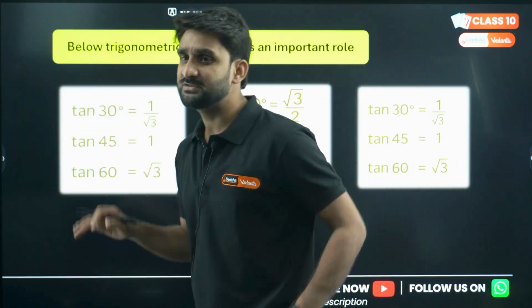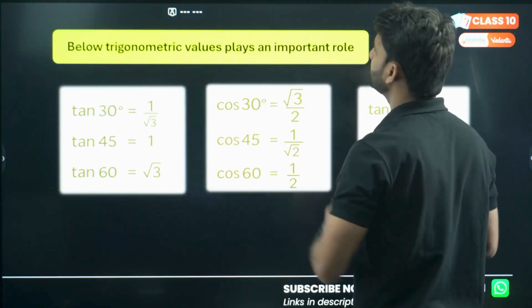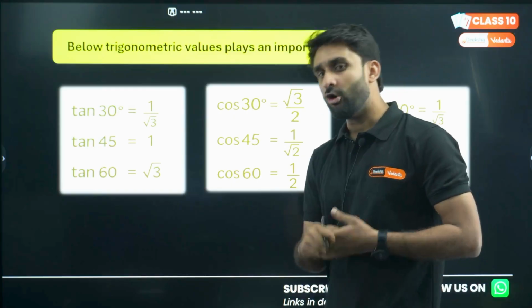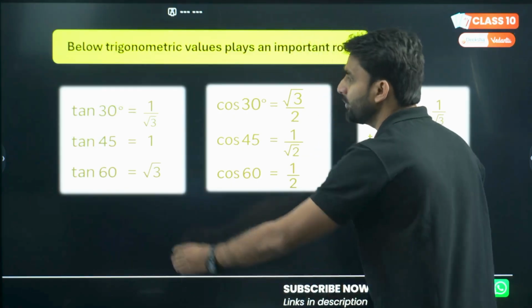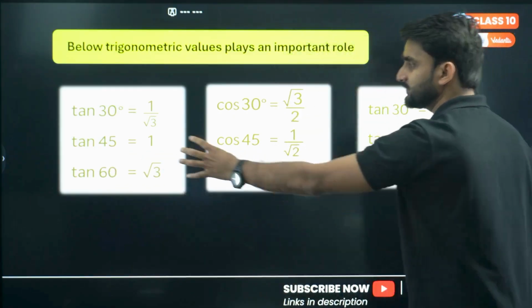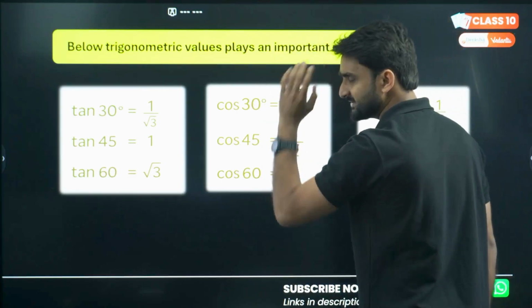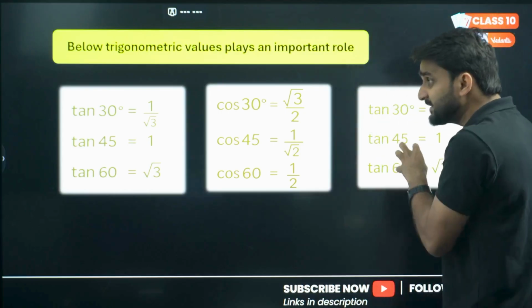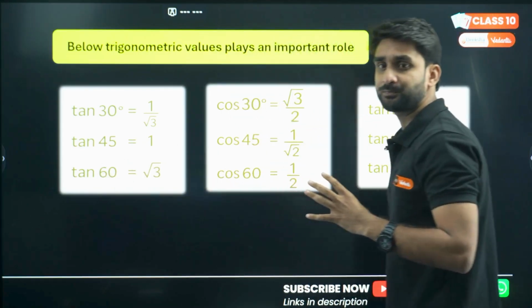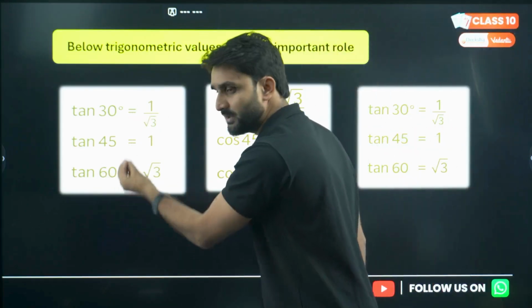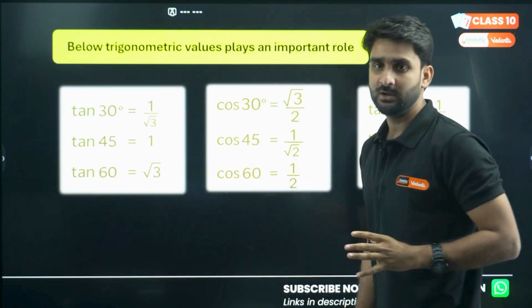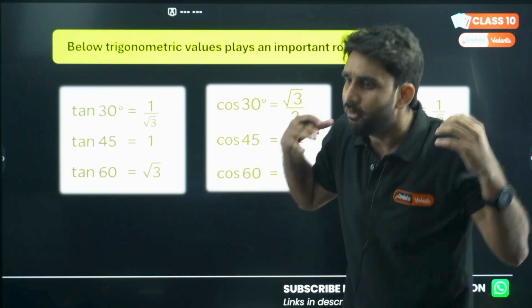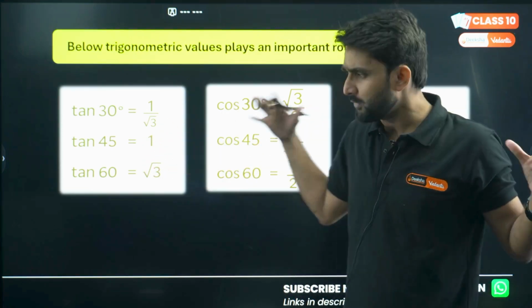Look here on the screen. The below trigonometric values play an important role. My dear lovely kids, to solve the questions of application of trigonometry, you have to remember these three functions: tan, cos and sine. I'm not giving the other ones like cosec, secant, cot. And in all these three, tan is very important. Kindly remember these values: tan 30 degrees, tan 45 degrees and tan 60 degrees, because in every question,